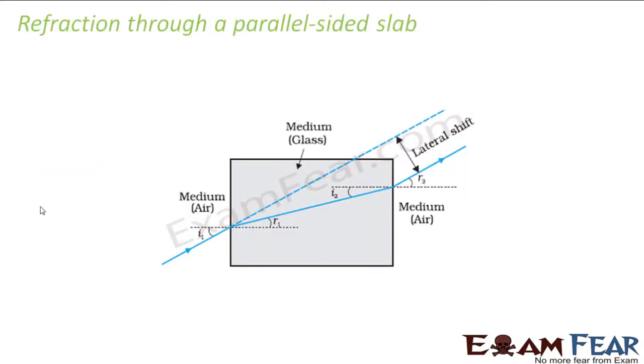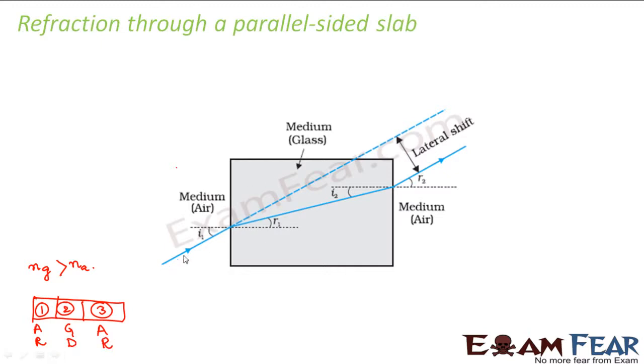We will now look at refraction through a parallel-sided glass slab. So let us look at this refraction which happens through a parallel-sided glass slab. In this case, what is happening? First, the medium is air. That means it is crossing three mediums. The first medium is air, the second medium is glass, and the third medium is air again. So that means the refractive index of glass is greater than the refractive index of air. So this is a rarer medium, this is a denser medium, and this is a rarer medium again.